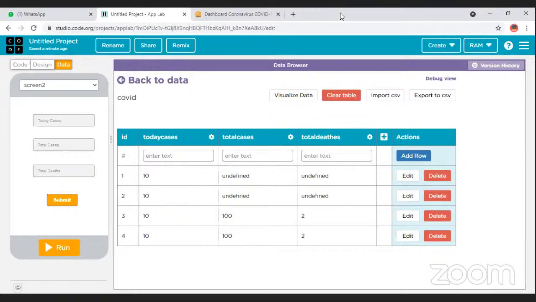Edit. 10. The remaining part we will do on the